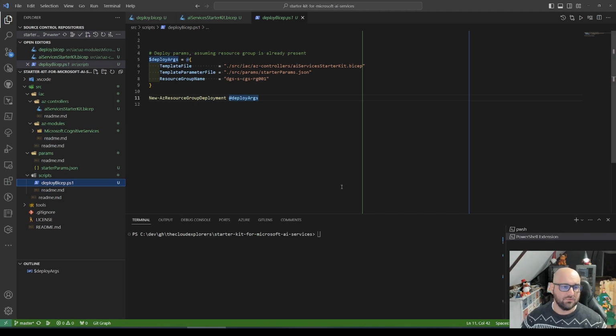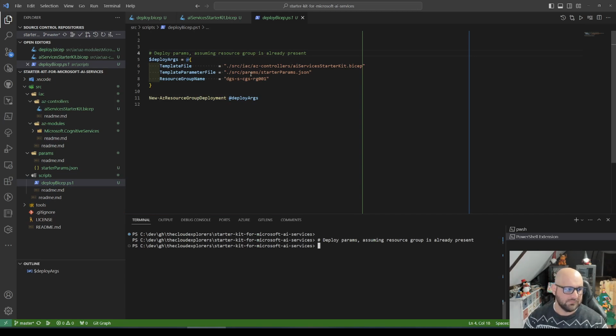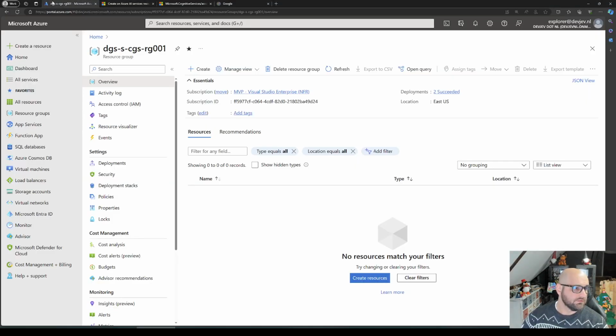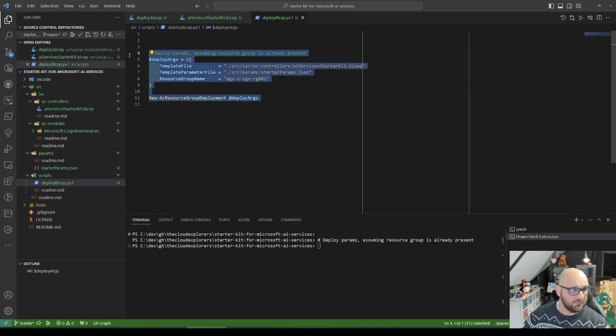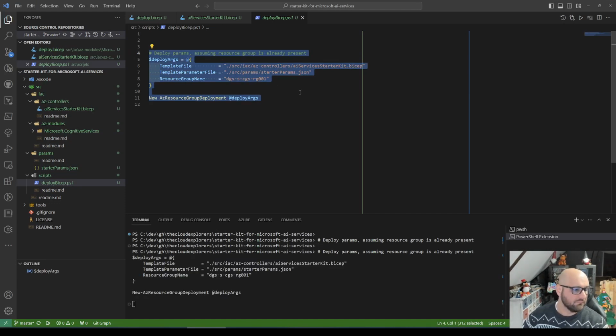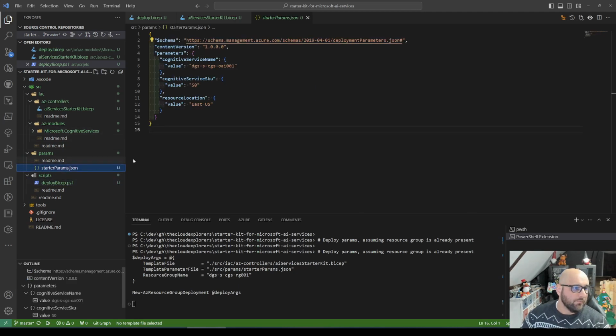I'm already connected to my subscription. So the only thing left to do is press F8 and see how it's going to deploy. So let's have a look. This is the resource group that I pre-created for it. And hopefully the deployment should start. Yeah, there we go. So as you can see here in the parameters,